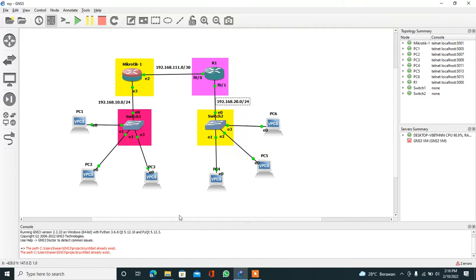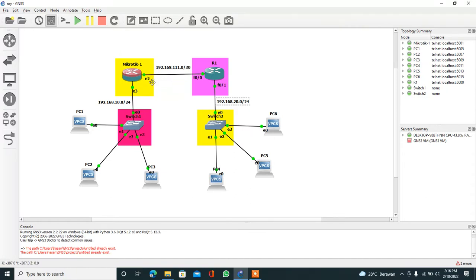After finishing my topology like this, I will give a note that you must remember. This is related to the MikroTik router. If you use the CHR router like me, then this ether2, when configured in PuTTY, becomes ether3.